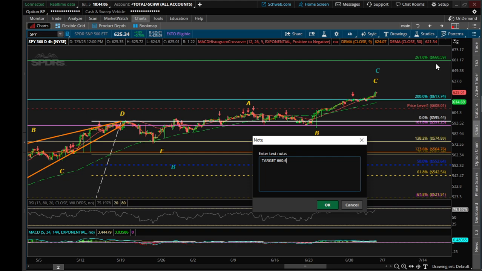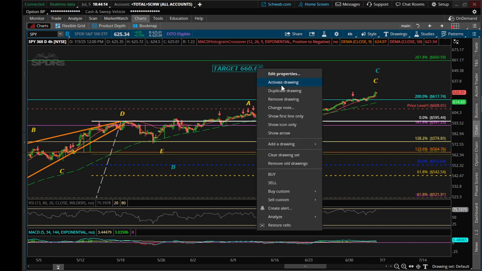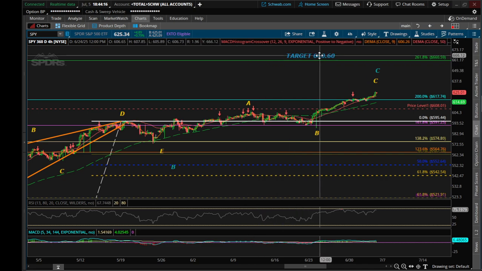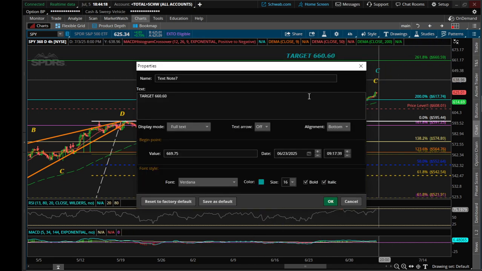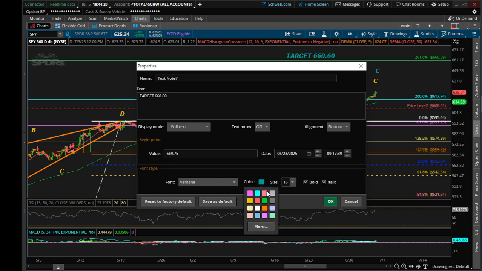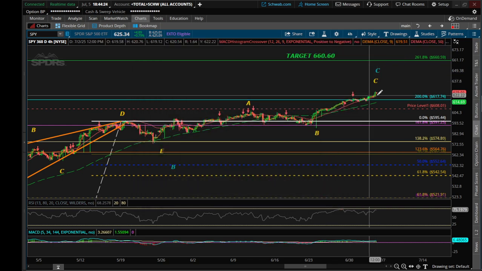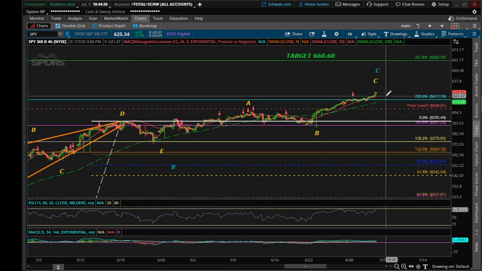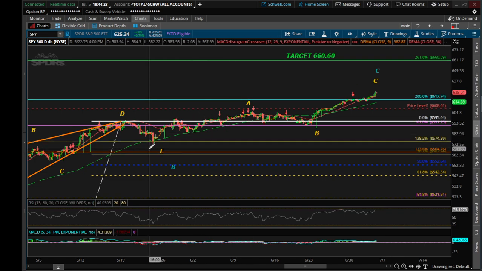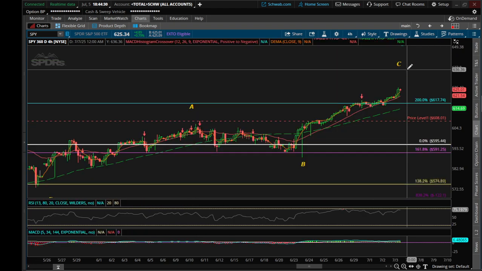Let's just do 660. A bunch of sixes and zeros. Okay. And we'll make it green because it's on the 261, I mean. Okay. Now, in case this move needs to be retraced,